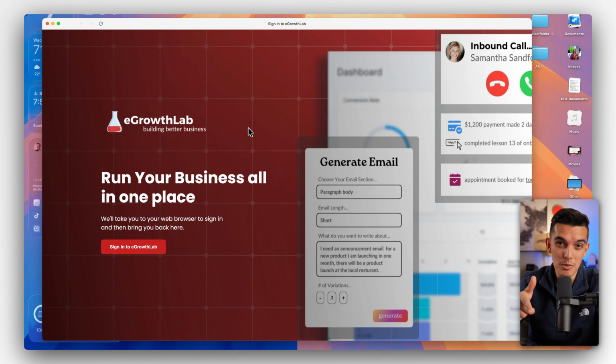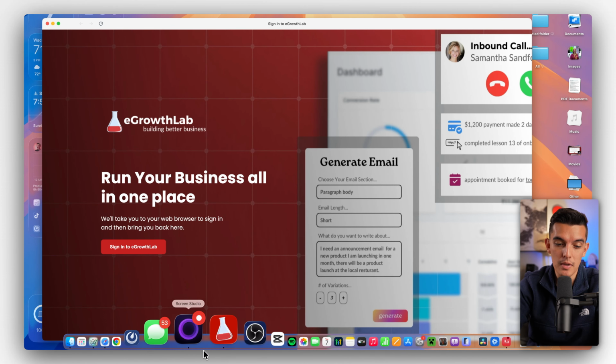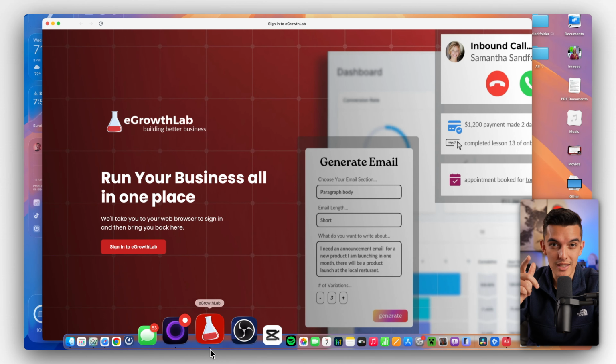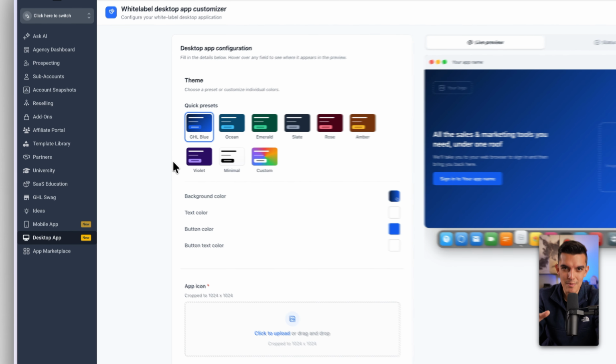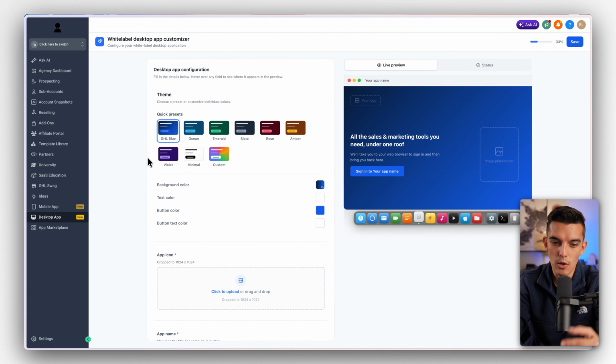This is my WhiteLabel GoHighLevel desktop app, and I'll show you in this video how you can get yours set up too. That way, you'll be able to share your macOS app, a Windows app, as well as one for Linux. Now, because I've already created and launched my WhiteLabel desktop app, I've actually created a new HighLevel account. That way we can start at the same place for both of us, and I'll walk you through each one